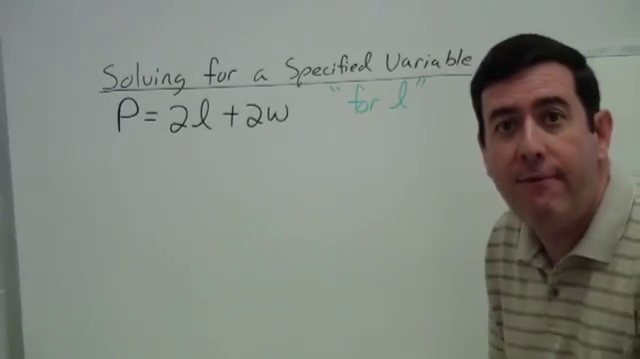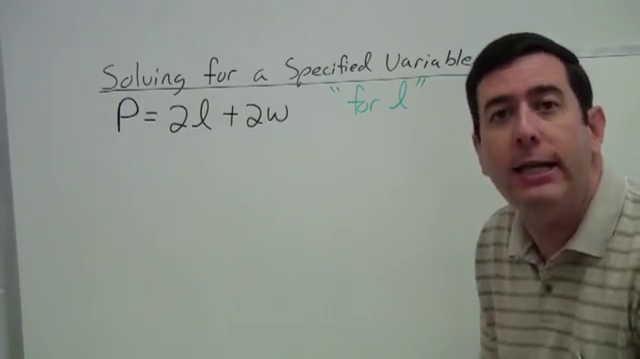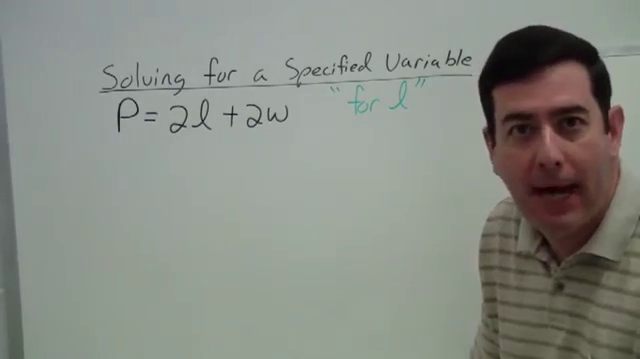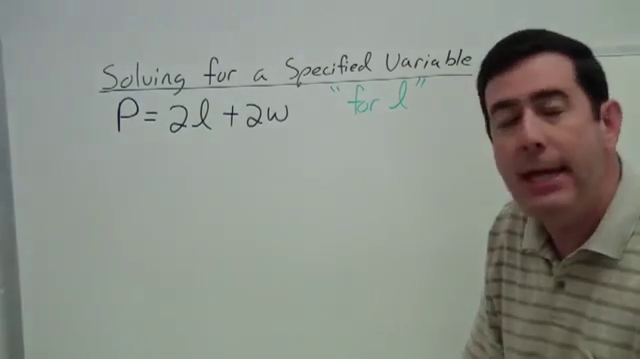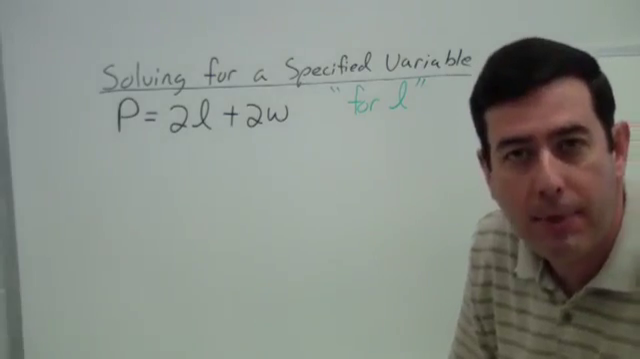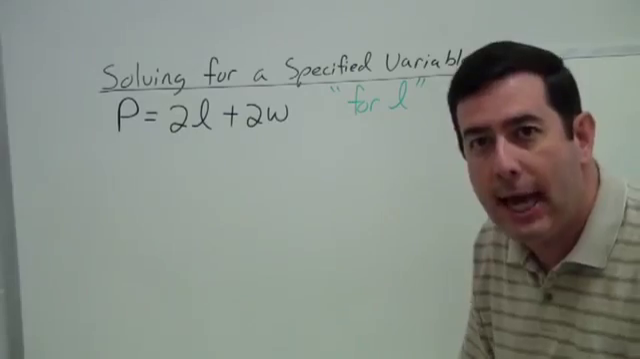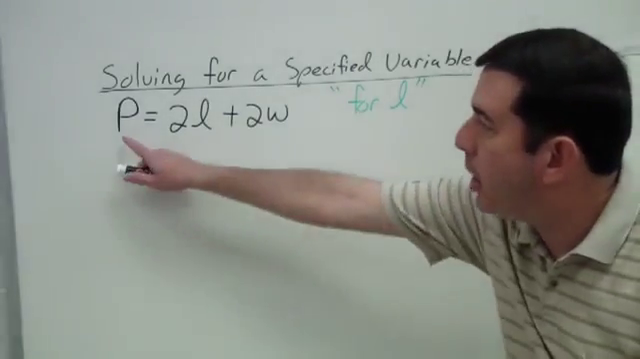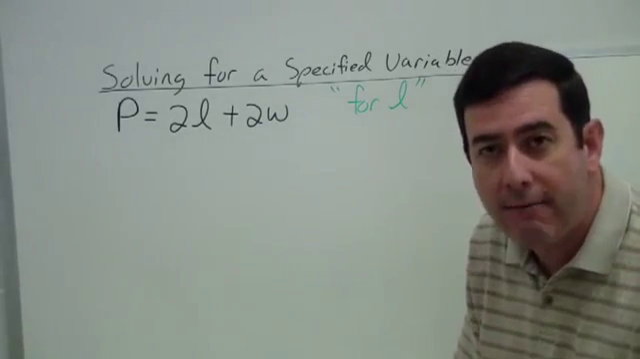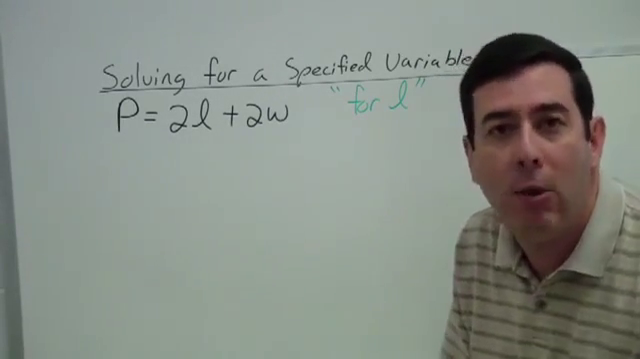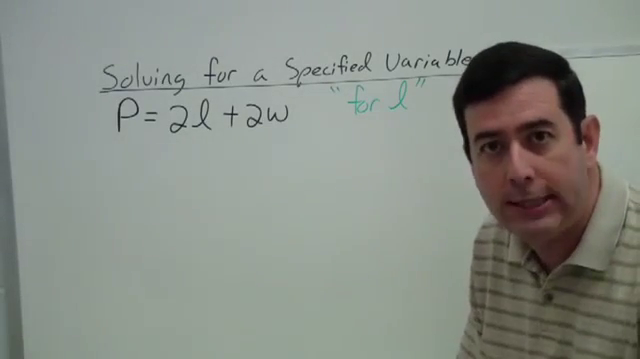Solving for a specified variable means taking a formula and changing which letter is isolated on one side by itself. For instance, if we look at the formula here, P is equal to 2L plus 2W, that's the perimeter of a rectangle, around the outside of the rectangle. Currently, it's solved for P. I know this because the P is on one side of the equation, occurring only one time in the formula,